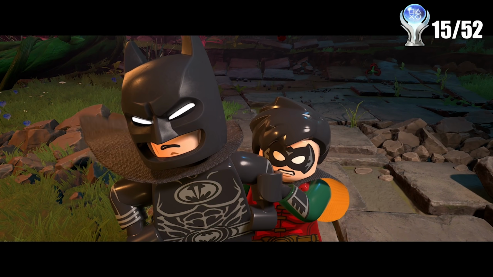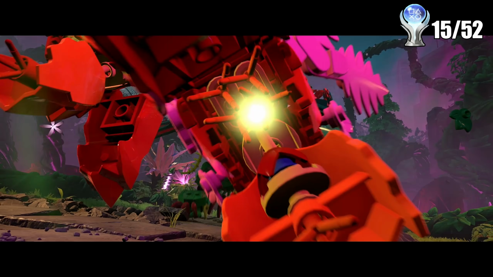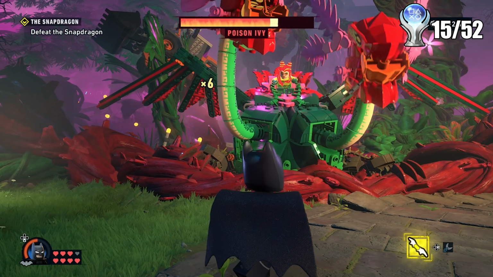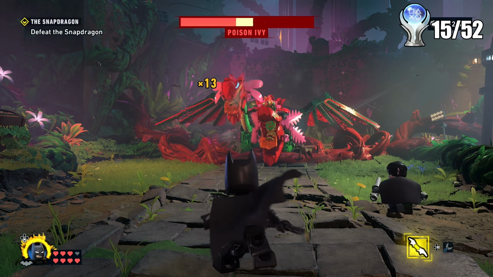Instead we pretty much just went into her lab, killed off all of her plans. It was actually very linear, which was awesome, and then we had a boss fight against her at the end. Now no shade to Poison Ivy, she is a baddie, but her boss fight was the lamest out of any by far, just because as far as I know you can't really punch her or do any combos on her